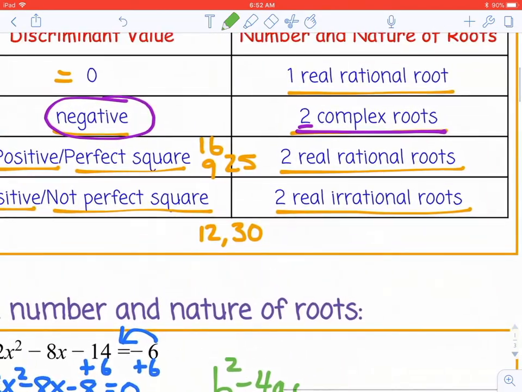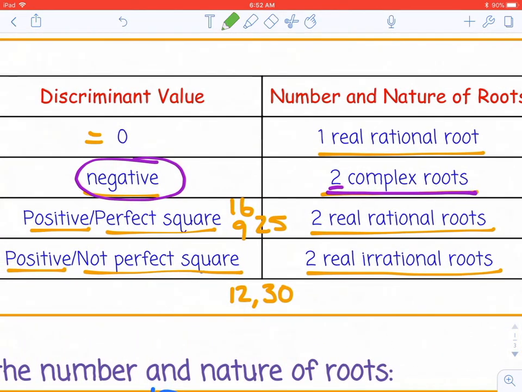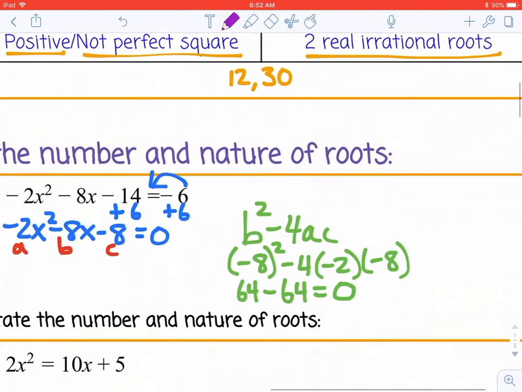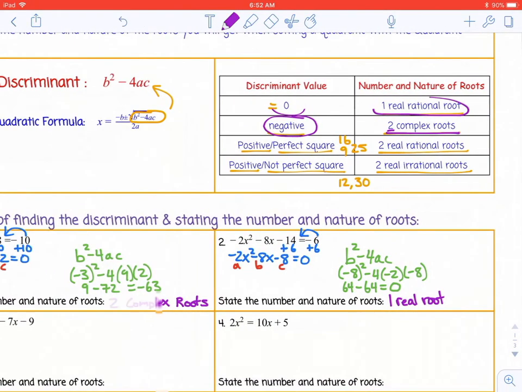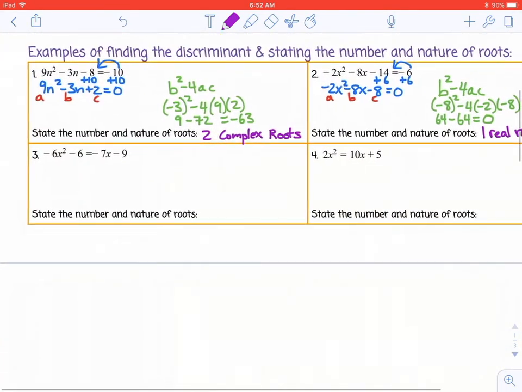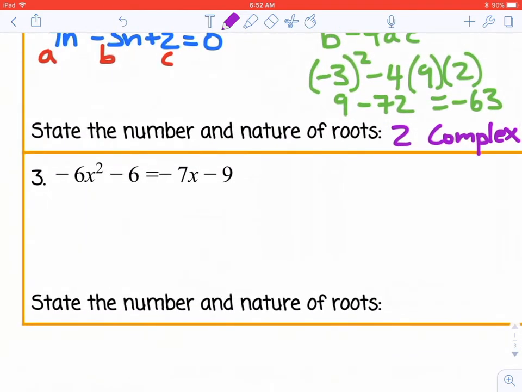So again, if we refer back up to our chart here, a discriminant value of 0 means we have one real rational root. So let's say one real root. All right, so those are the first two examples. Let's look at 2 more real quick. So number 3,